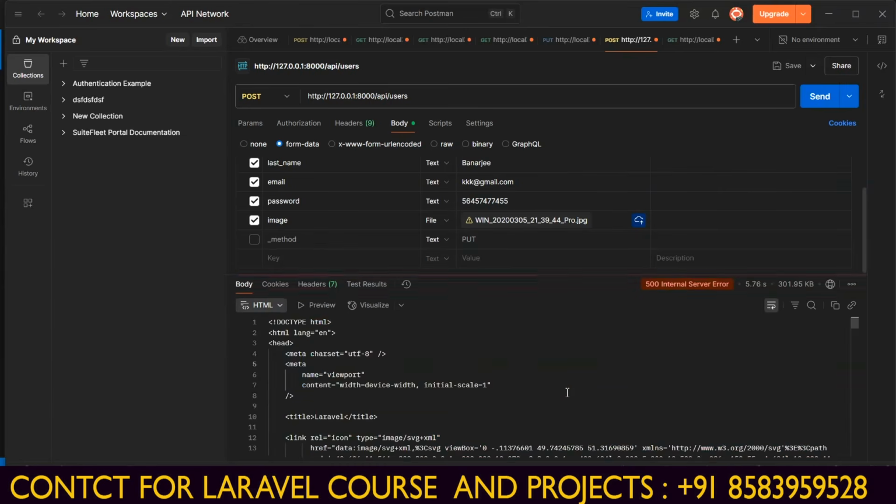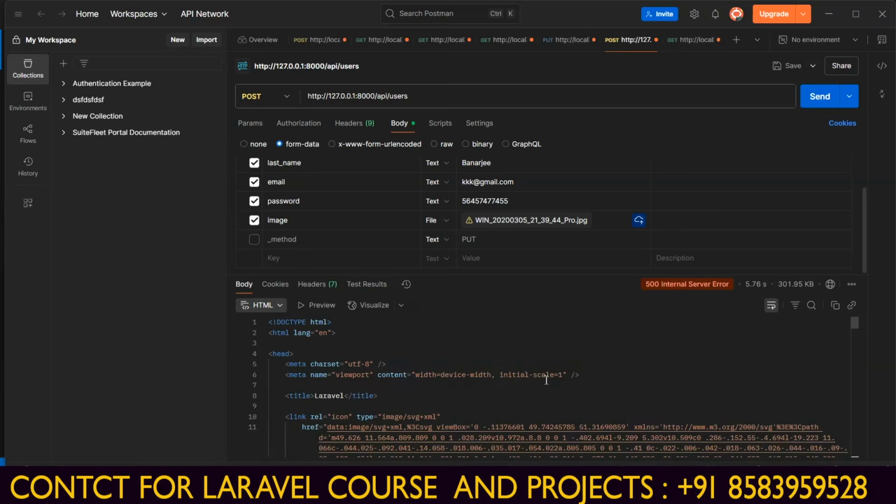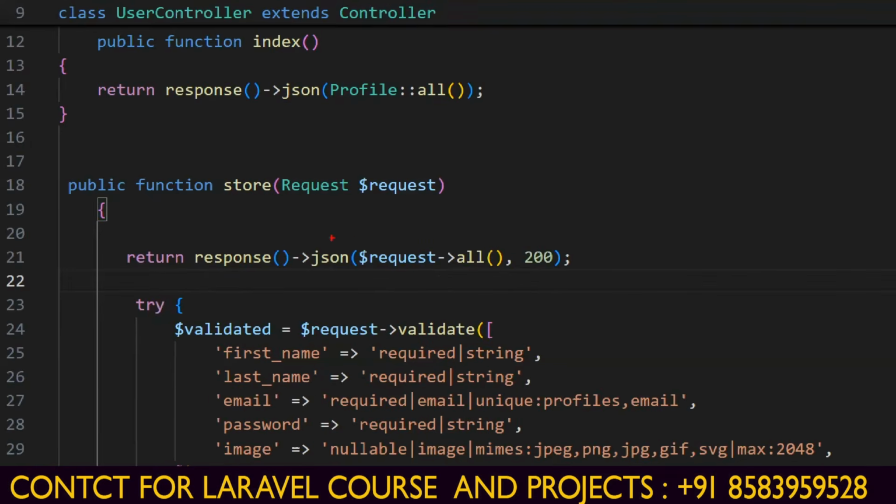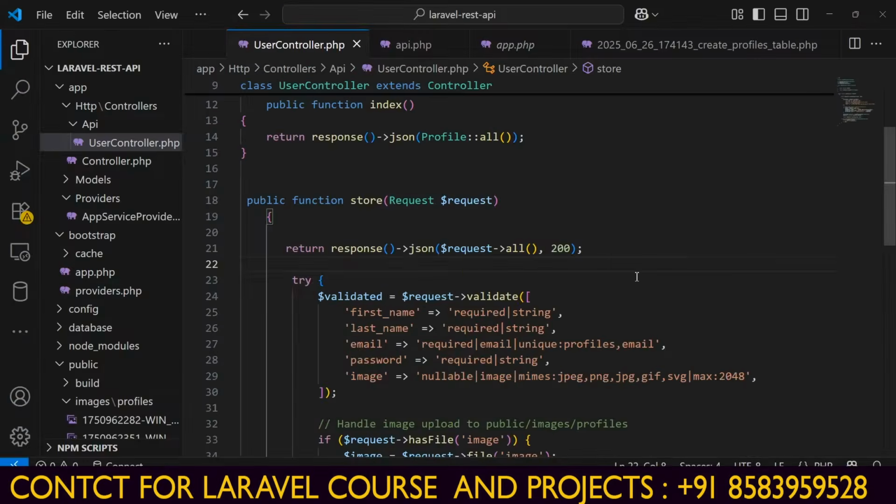Okay, 500 error. So let's write this line of code to debug. Only dd all will not work. Okay, return this one, request all 200. So we will see what data we are sending here. Now if you go and click on send,